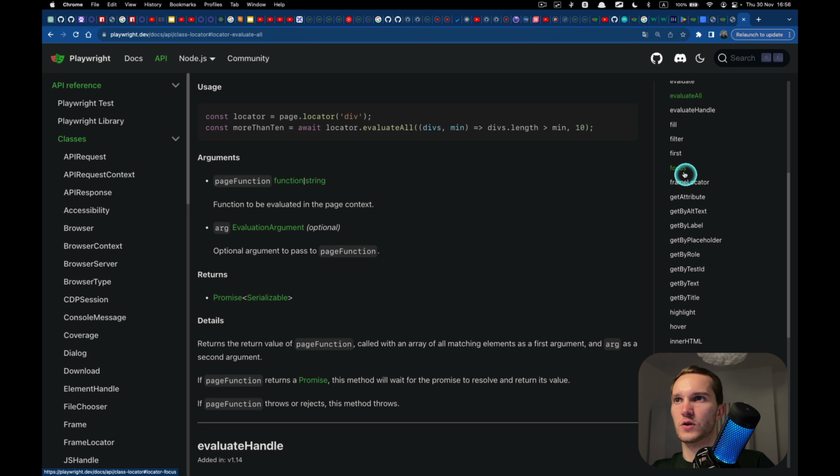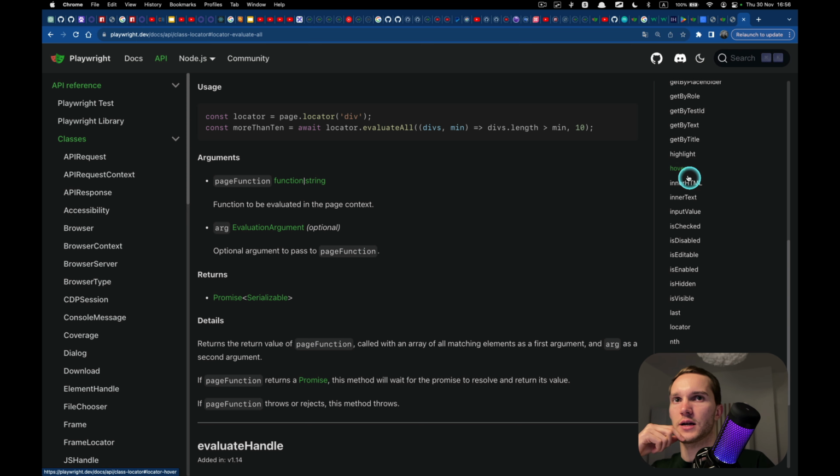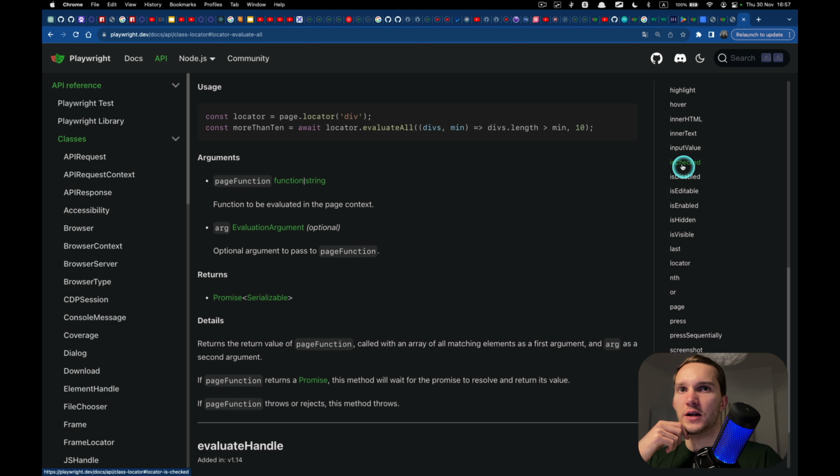Focus is like focusing an element, like focusing an input. Get attribute, these are selectors. Hover, just hovering over. Like right now I'm hovering over these menu items and they change the color. Inner HTML, this is what we can do in the browser console. Inner text, input value, is checked.